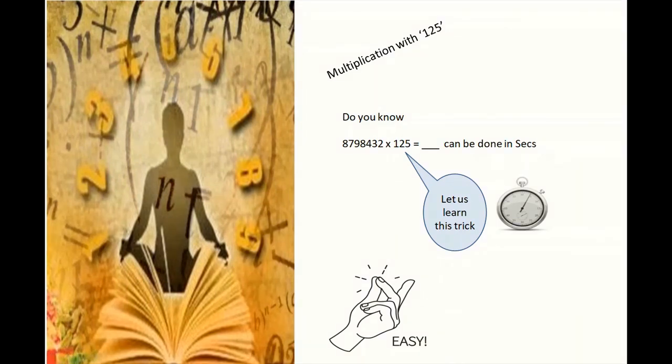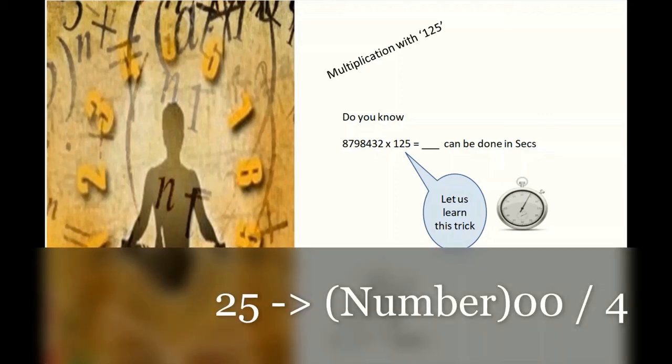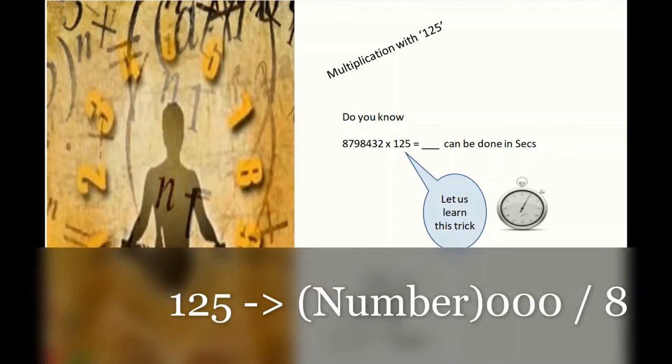Just remember the remainders and do it, or we will convert that to the powers of 10. And in the case of 5, we will just add 1 zero at the end of the number and start dividing it with 2. For 25, add 2 zeros at the end of the number and start dividing with 4. For 125, add 3 zeros at the end of the number and start dividing it with 8. This trick